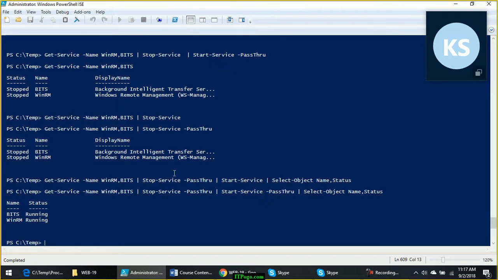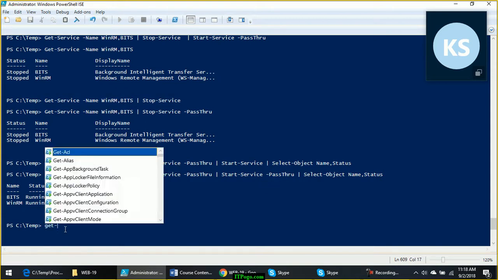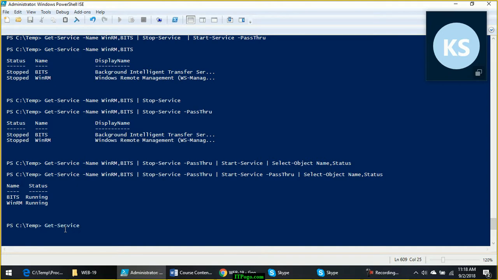So this is called plan A. Now what are the characteristics of plan A that we will discuss? As per plan A, the output object type of the first command should exactly match with the input object type required by the second command. So how to identify what is the output object type of this command? Get hyphen service. You can either pass the names or you can skip passing the name, because the result is going to be the same, with get member.